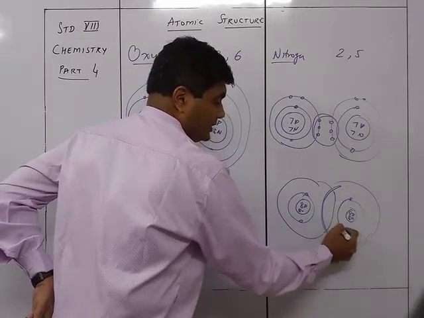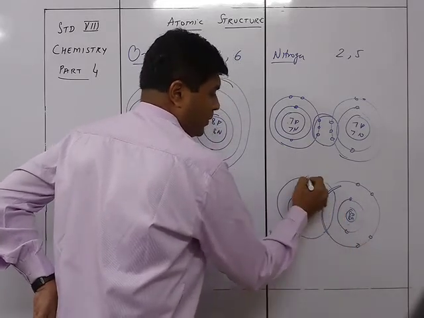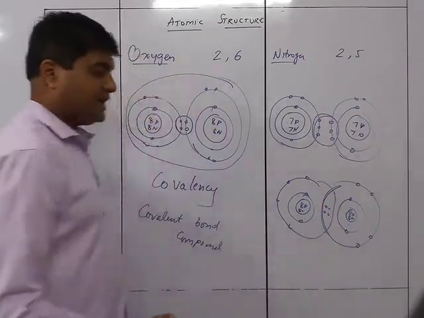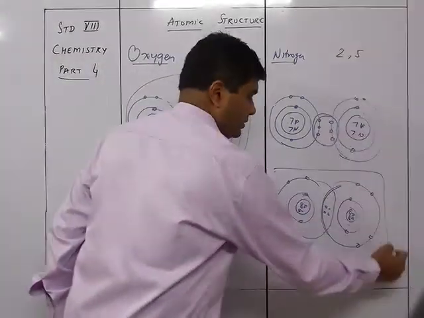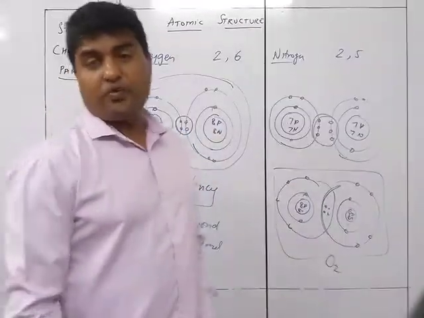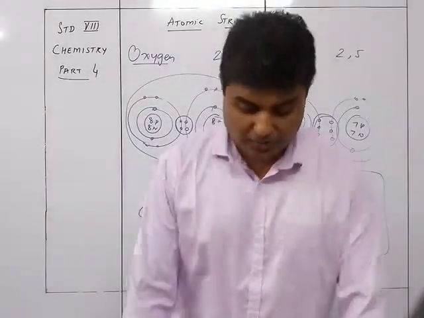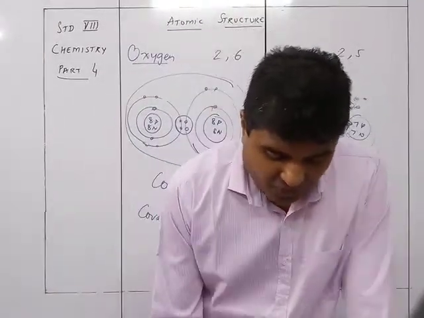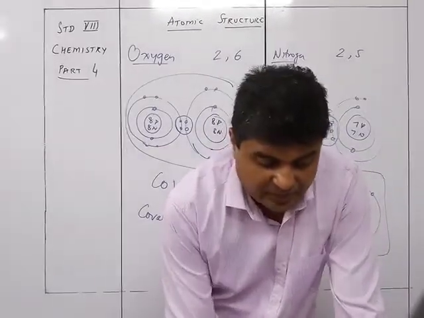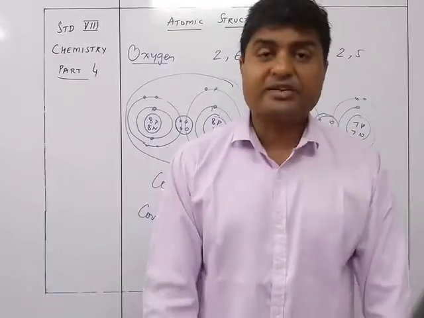There are 2 electrons here, and then there are 1, 2, 3, 4, and 1, 2, 3, 4, 5, 6, 7, 8 over here inside like this. So this is how the O2 molecule is being formed. The oxygen molecule is formed by sharing of electrons in this particular manner. Right, so this was the formation of the oxygen molecule by sharing of electrons, and the figure is given over there, which is very, very important to understand. And that's the end of the chapter.